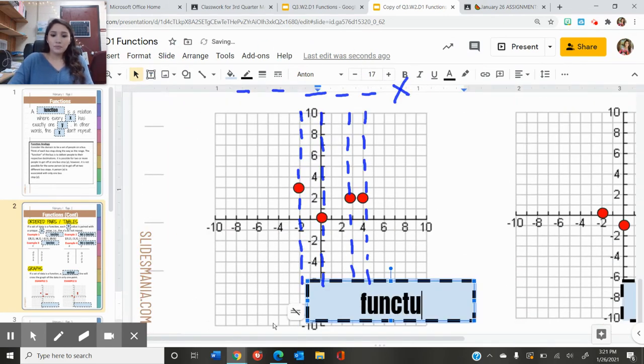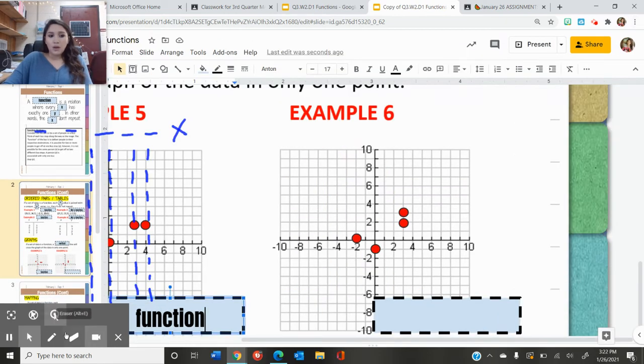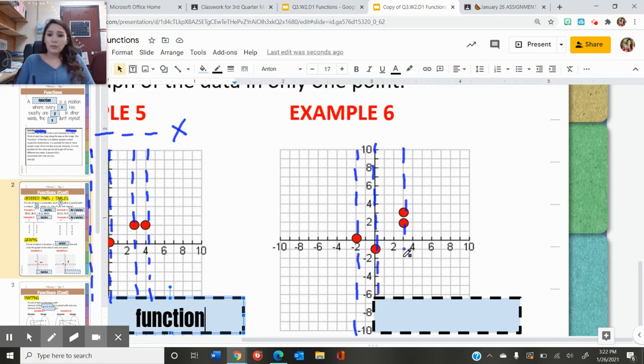Now let's go ahead and look at example 6. Okay, so now we're looking at example 6, and again we want to do our vertical line test. So again, I'm going to draw my lines up and down, hitting all the points on my graph. So here, if I draw my line, I see that that line does not go through more than 1 point. If I keep going, this vertical line only goes through 1 point,